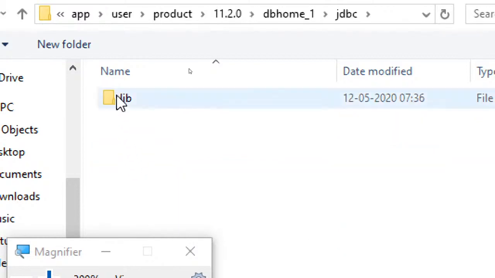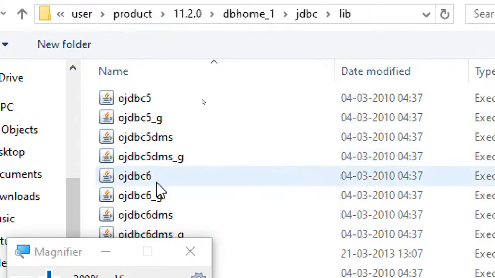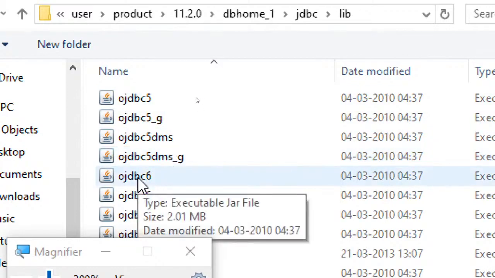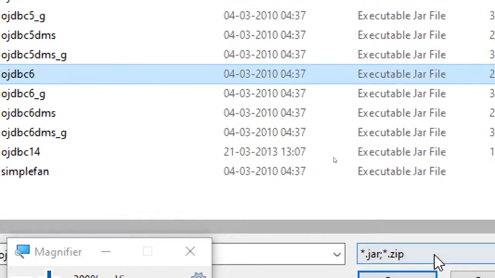There you can see the lib folder, and there you can see different jars. You can choose any of the jars, the OJDBC jar. This jar is compulsorily required because it contains the classes that are required for this connection. So I'm just choosing OJDBC6 and click on open.